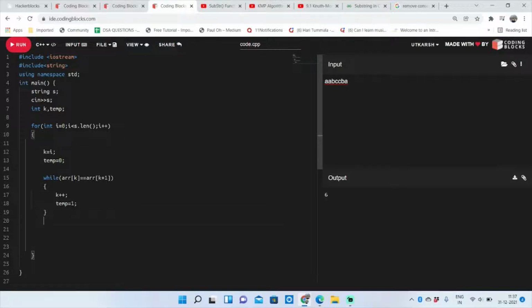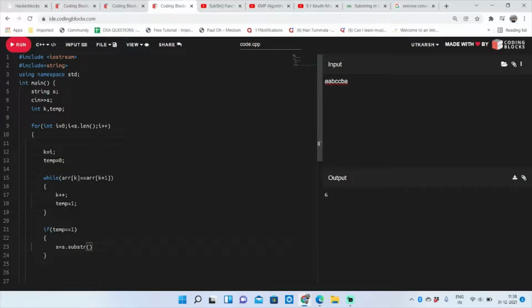So I'm writing a condition here: if temp is equal to 1. This basically tells me that I need to do something with my string, right? Then I will be using the substring function, s dot substr.